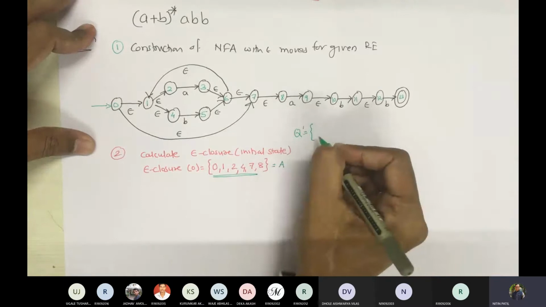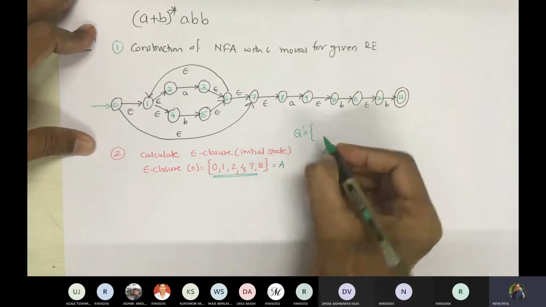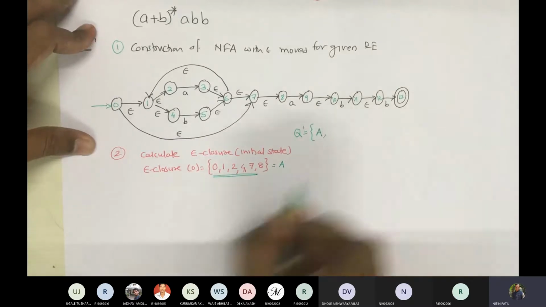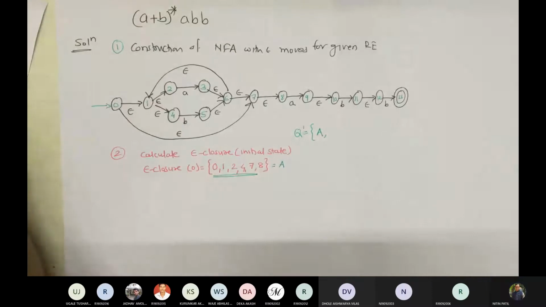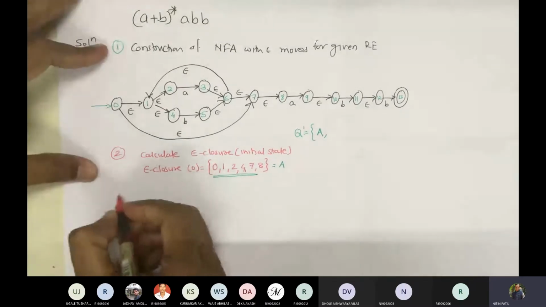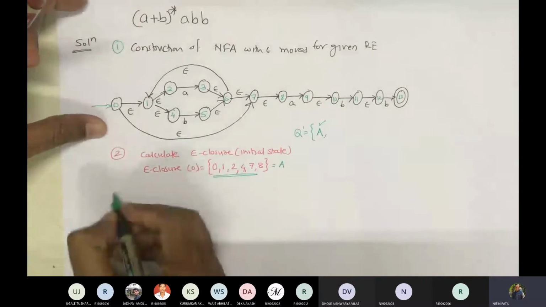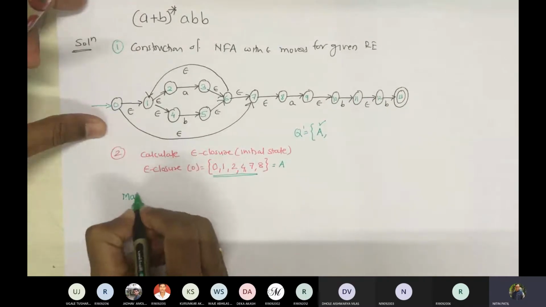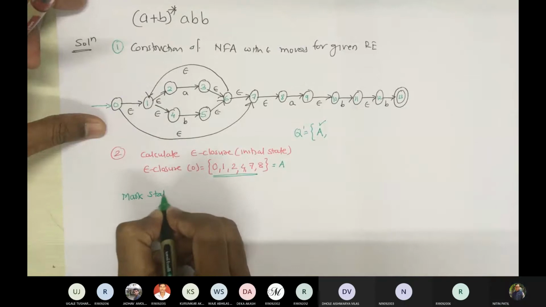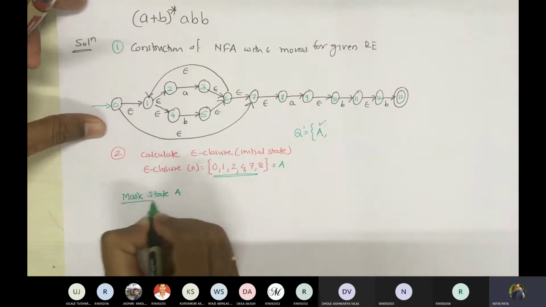This will be a set of states, and whatever new state we get, we will add it here. So we got A. Now we have to work with the remaining things. Let us pick this state and mark it. So let us write mark state A.